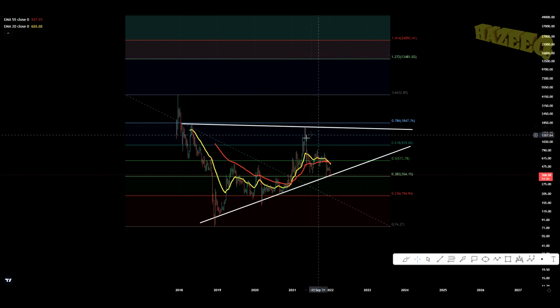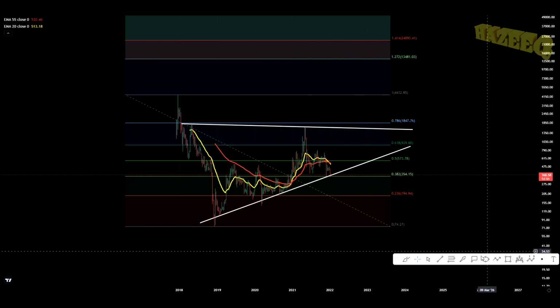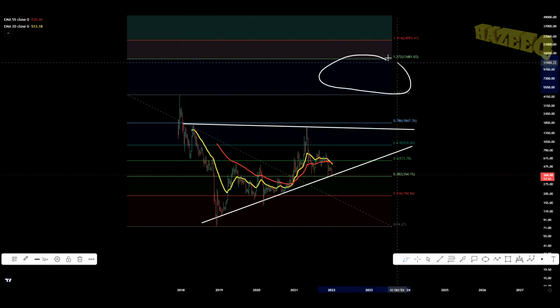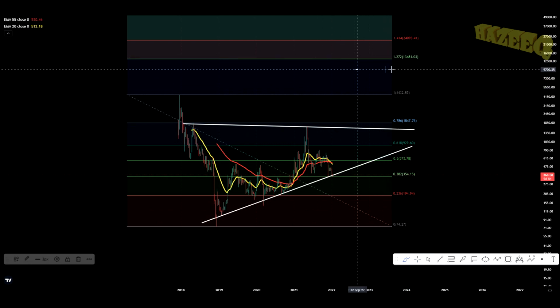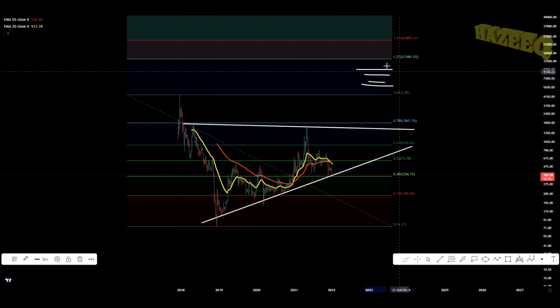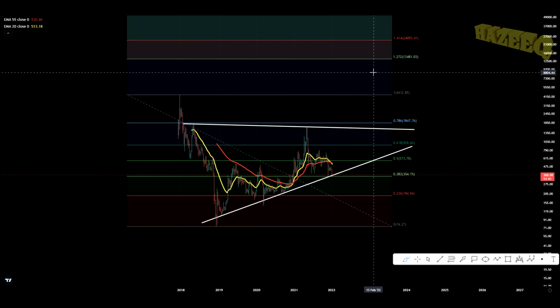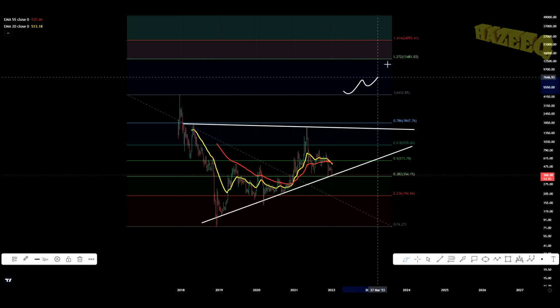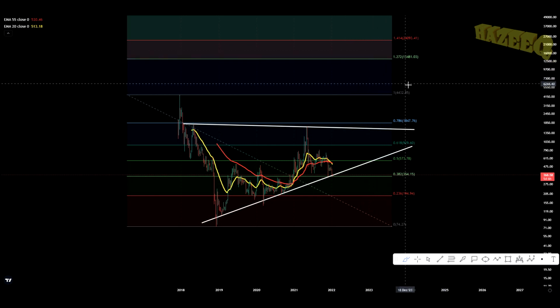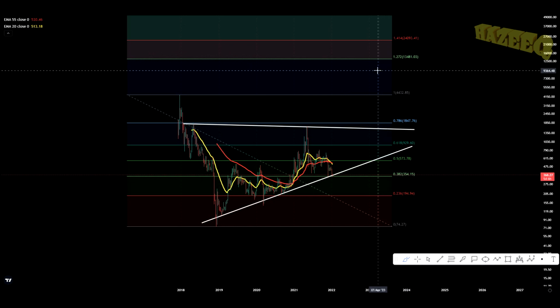That's why I have smaller fibs, so that in this area over here, in between the 1.272 and the first fib level, we're going to have multiple targets based on the smaller fib, right? We're going to have the 1.414 here, the second fib level, the 2.272, and you're going to have multiple resistance levels that you can take profits on, rather than just waiting for this huge target at $13,500, which, honestly speaking,